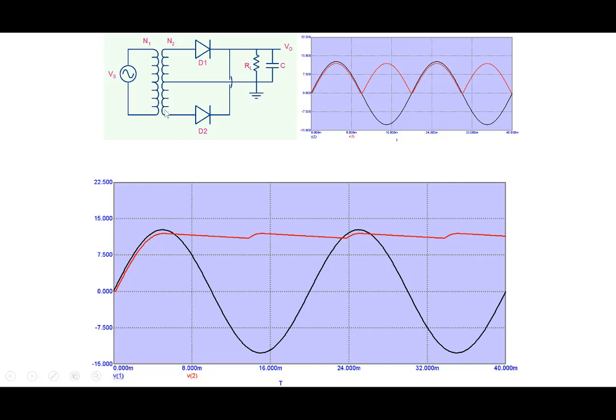Note that in the negative cycle this part is positive, and once this part of the circuit turns on, it charges the capacitor here. During this part the capacitor had discharged a little bit, and therefore D2 then charges the capacitor here. Then D1 comes into the picture and D1 charges. So what we see here is that the capacitor is not discharging for the full period. Capacitor is only discharging for half the period here,